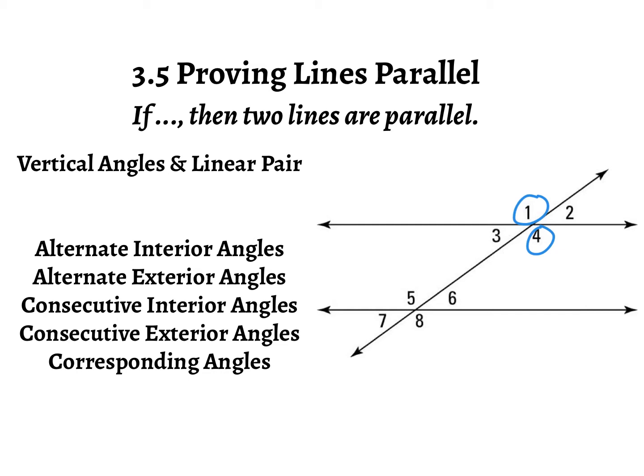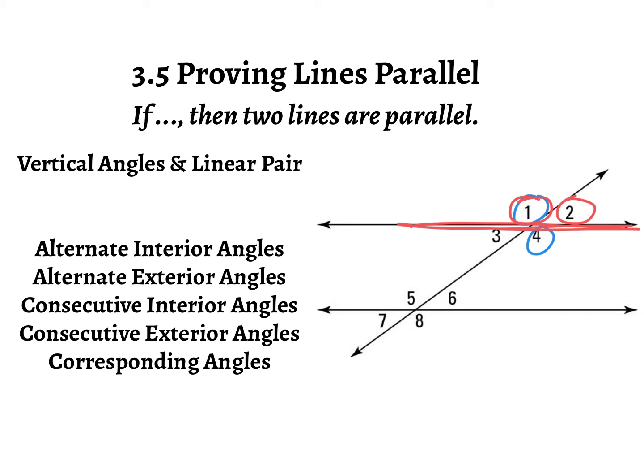Same with linear pair. I'm going to change the color for this one. 1 and 2 are linear pair. They're adjacent and together they form a line. They add up to 180. That is a property. Does knowing a linear pair, does knowing that these two add up to 180 affect at all the second line? No. This adding up to 180 has nothing to do with the second line,